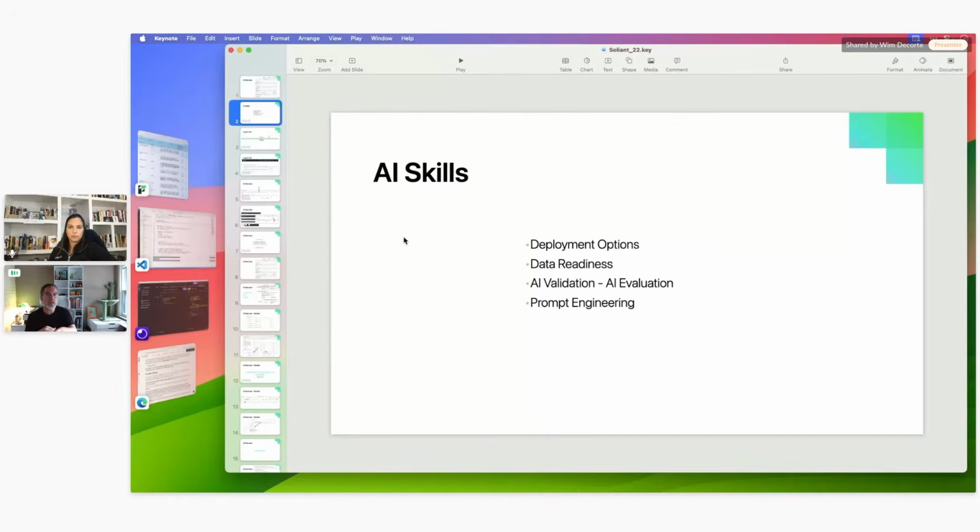That's not something that we can expect our end users to have. That is something that we will need to bring to the table as developers, as consultants, to make sure that these AI integrations are actually working very well. So these are skills that we will need to acquire. We've already begun at Soliant. Obviously, that's why we have listed them.